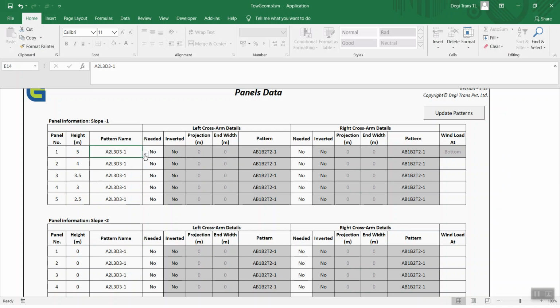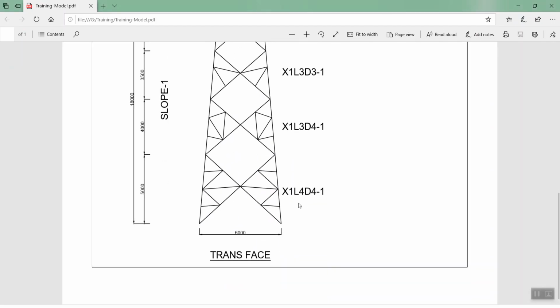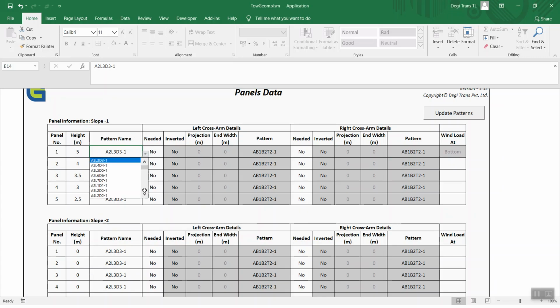I can select the pattern name here and see the list of all the panels available in the library. I want to select X1, L4, D4-1, which is the pattern available in the pattern library. So let me select that. This is the pattern I was looking for.